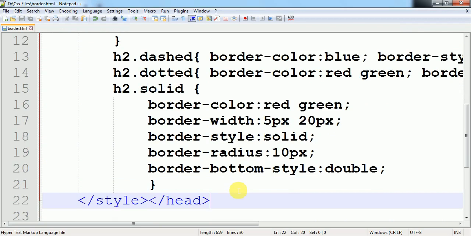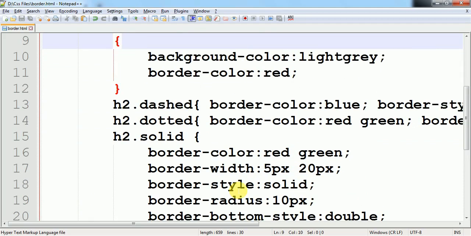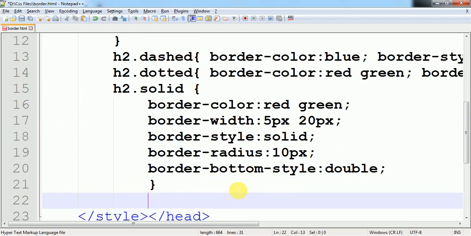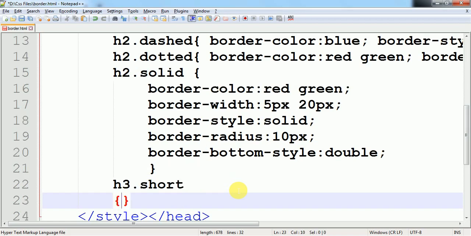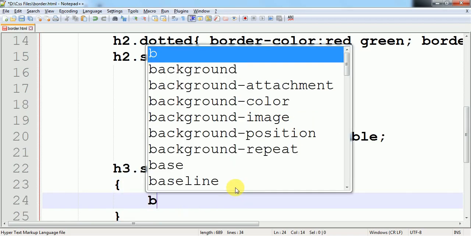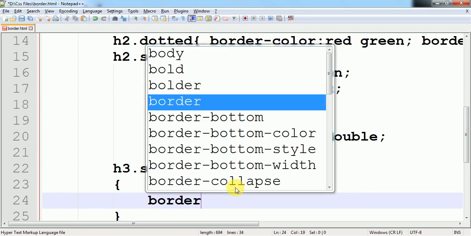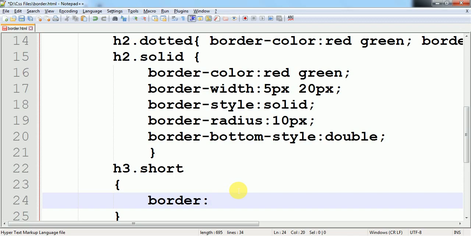Now a shorthand is there. A shorthand, instead of writing these properties separately, we directly write down the single property, that is the border property, and I apply this border property on H3. I'll give the class name to this one, simple, shorthand. So now the border property directly we use, and values we give in the order of border width first, then we give border style, which is important.